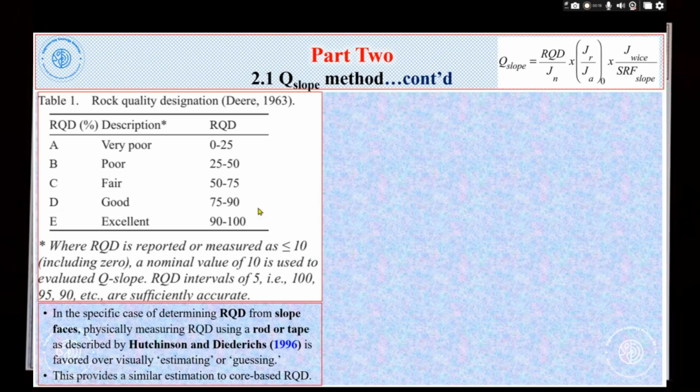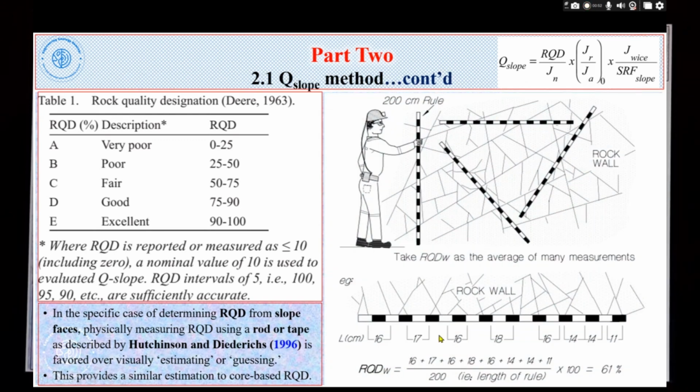RQD is defined as the summation of rock core pieces greater than 10 centimeter divided by total core run times 100%, according to Deere 1963. But this is for core samples. During slope cutting, we do not conduct core drilling. Therefore, we have to follow another way of determining RQD, and this is the method we use to calculate RQD on site from the excavated rock slope using the Hutchinson and Deere